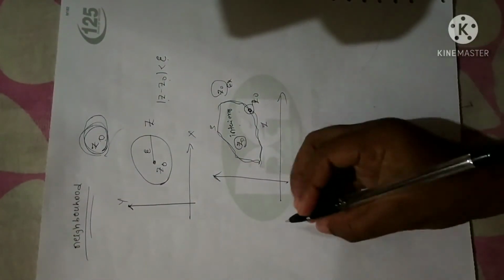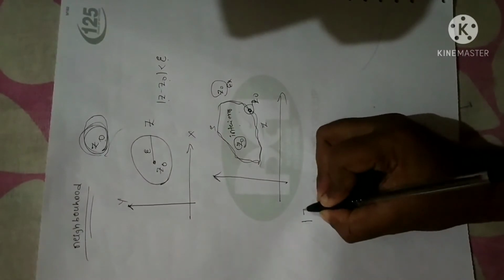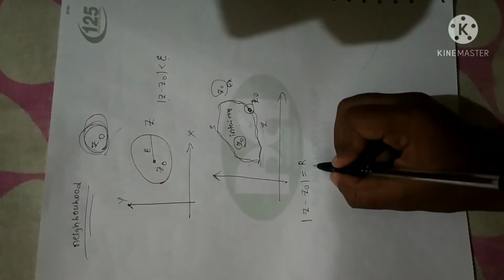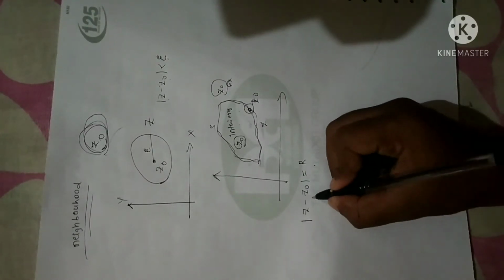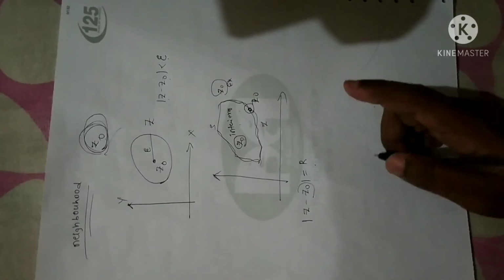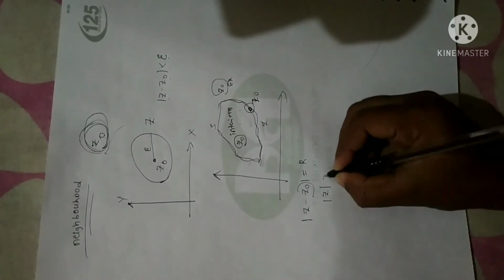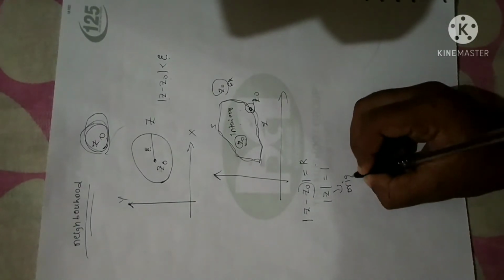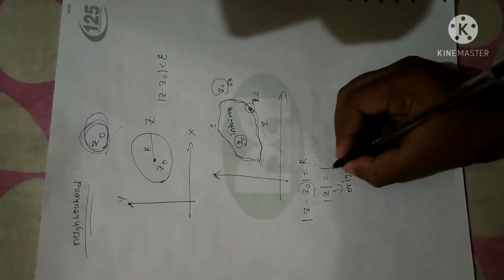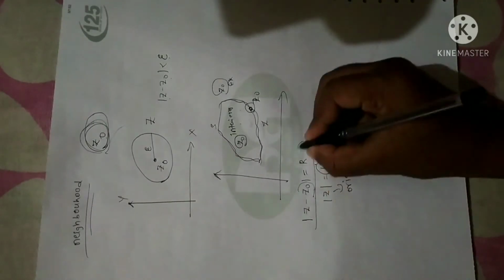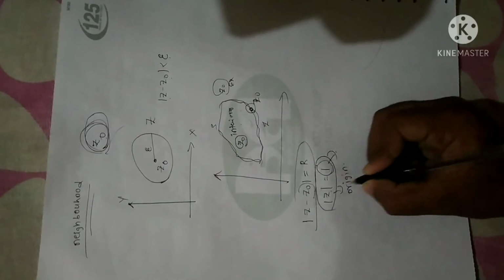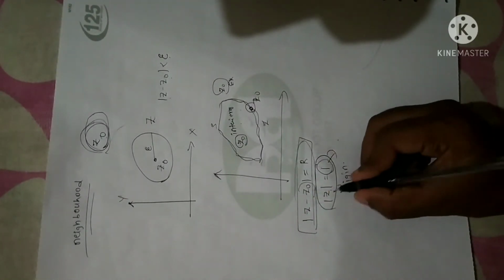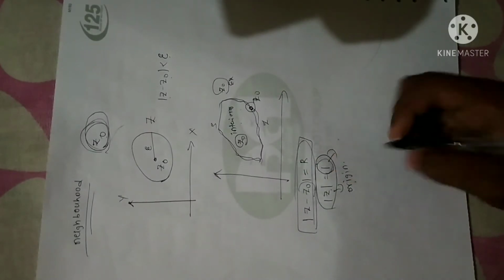So the equation of a circle in complex form, you are already familiar with that. So magnitude of z minus z0 is equal to r. It is the equation of a circle in complex form. In particular, if the circle has its center at the origin, suppose magnitude of z is equal to 1, it represents a circle with center at origin. Fine. So z0 is the origin, here it is 0, and the radius will be 1. So it represents a unit circle with center on the origin. So this is the equation of a circle with center at origin and radius 1 unit.